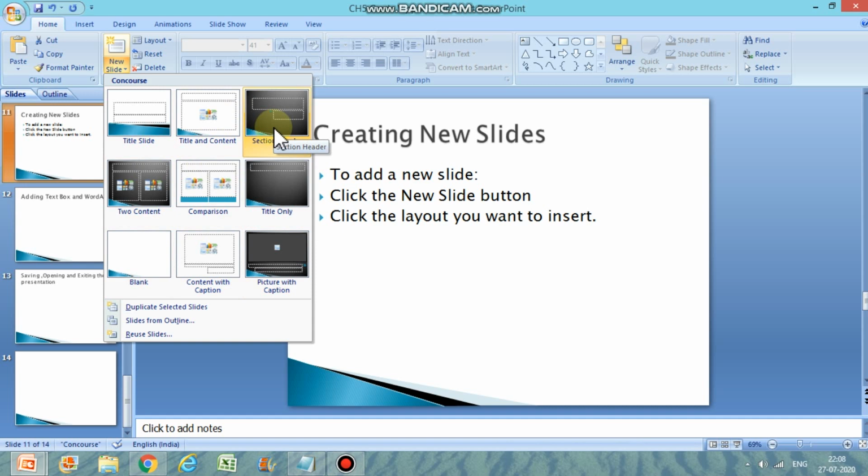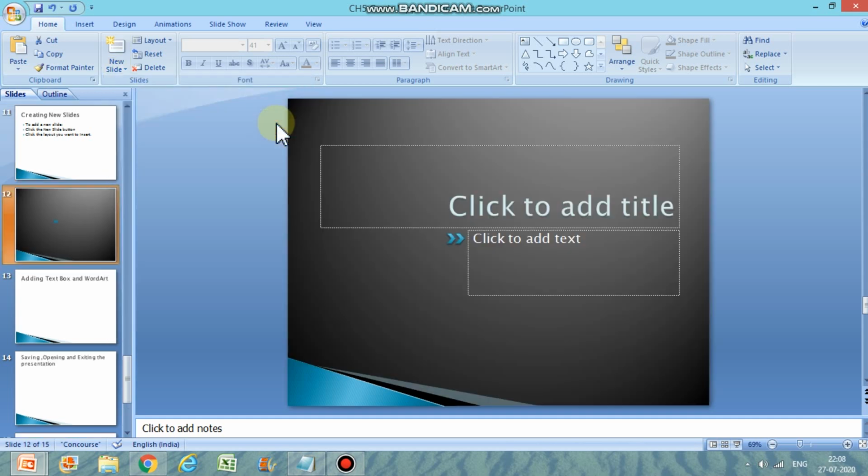While creating the new slides, you can choose a layout, right? Suppose I choose section header. So like this, see, the slide is added. And wherever you want to add a slide, you have to go to new slide. There is one shortcut also, Control plus M. Okay, M for monkey. So that is a shortcut to add a new slide, right?